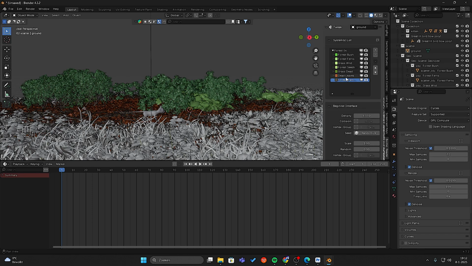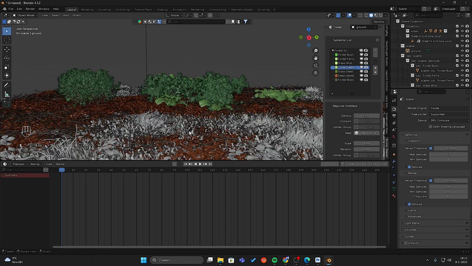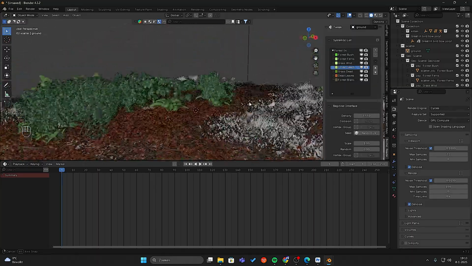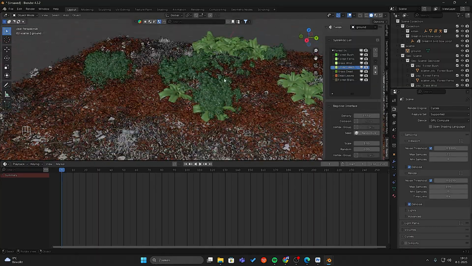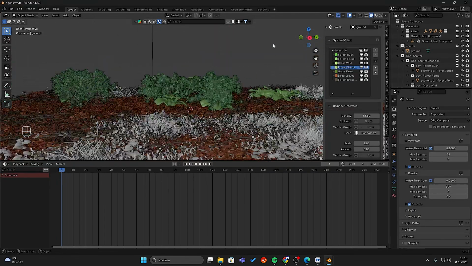So we're gonna find the branches, the bush. I have no idea which one it is, so just play around. Something like this. Yeah, that's fine. That's cool. So we scattered our environment, and now because I know I had in the render some trees, so let's add some trees. And it's quite easy, and I like to keep my things organized, so